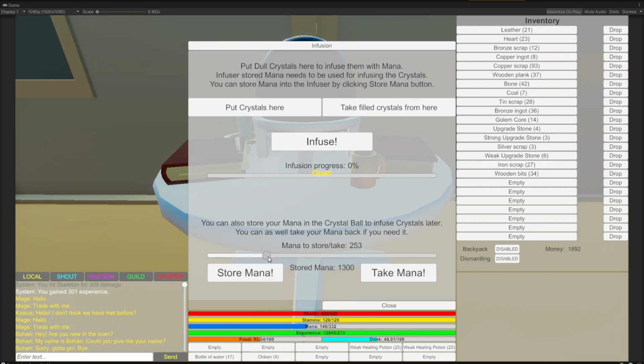Yeah, I could have put more, whatever. I should add a button that says "all mana" and it will just put all that you have, instead of, you know, like. So,